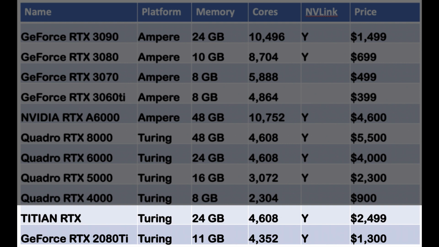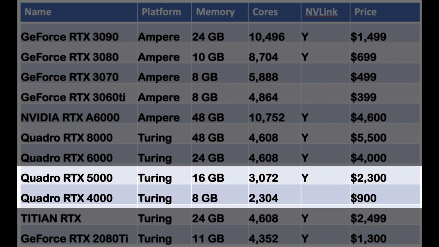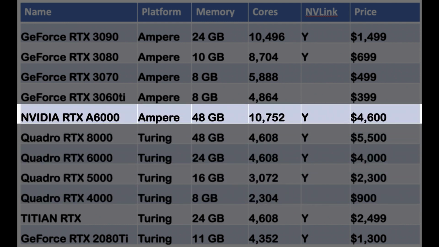For my own personal buying, if I was dealing with a laptop at this point, I would probably get a Quadro 5000 or a 4000. I just really want that RAM. I would probably get the 5000 because with the 4000 you're pretty close now to the 20 series. I would also really be keeping an eye as these 30 series Ampere really start to become available in the laptops, and as the Ampere A6000 mobile equivalent also becomes available. These are all the things that I would be watching.